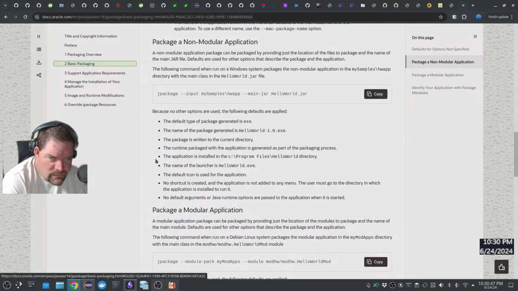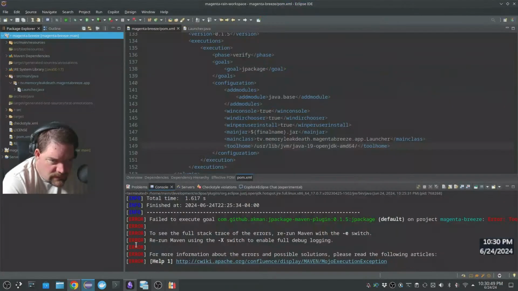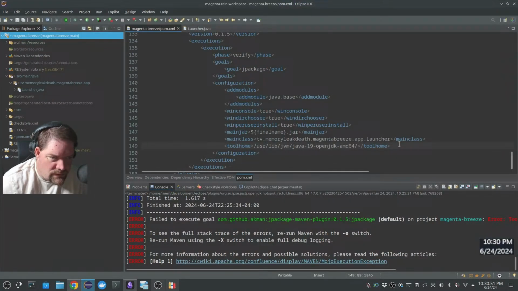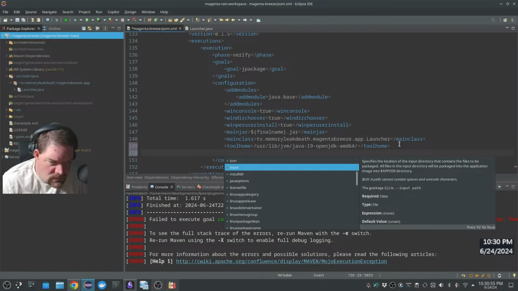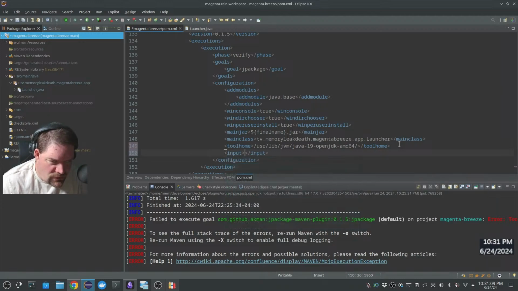Okay. Let's look at what it says here for inputs. Specifies the location of the input directory that contains the files to be packaged. All files of the input directory will be packaged into the application image into app directory. Okay. So this should be then